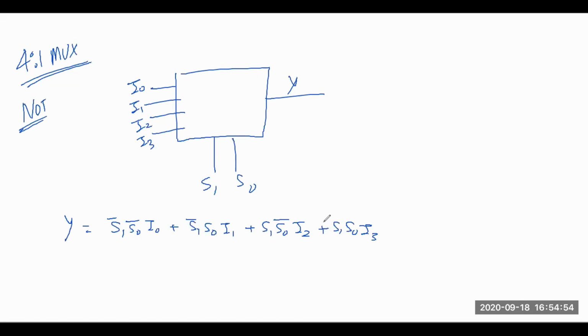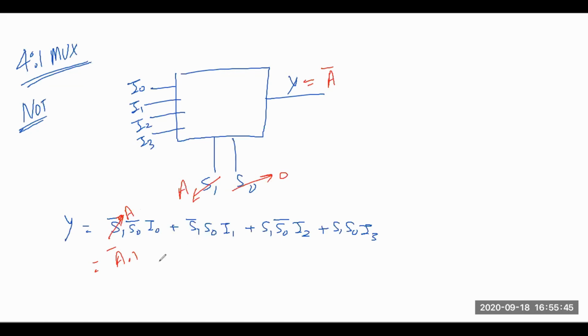Now you need to think so that you get Y equal to A bar, and somewhere you need to give A. It's very simple with a 4:1 multiplexer, and there are various ways. One way is I can take S1 as A, so I will get A bar here. Now I need to make this S0 bar a 1, so I will take S0 as 0, so this will be dot 1.